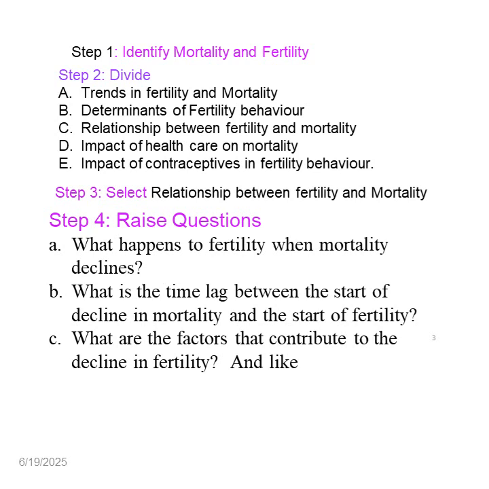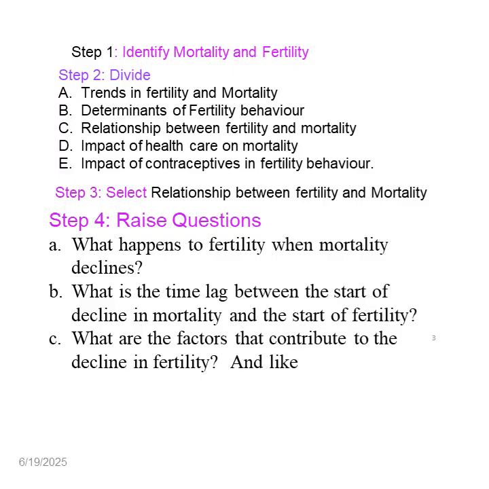Second, the impact of healthcare on mortality. What is the impact of healthcare on mortality rates? Then the impact of contraceptives on fertility behavior. Those are subdivisions of, or dissecting of, the main